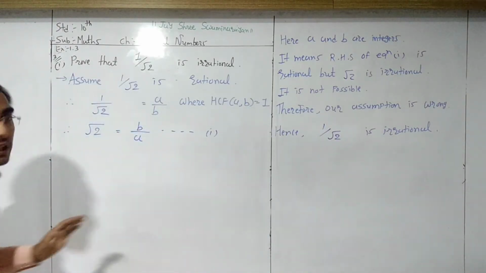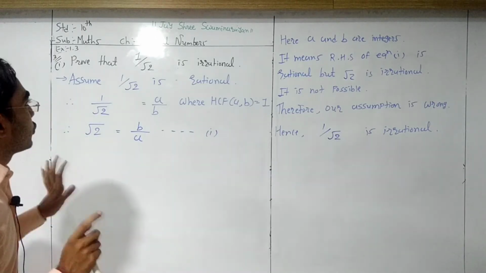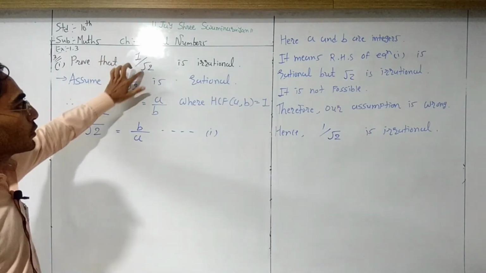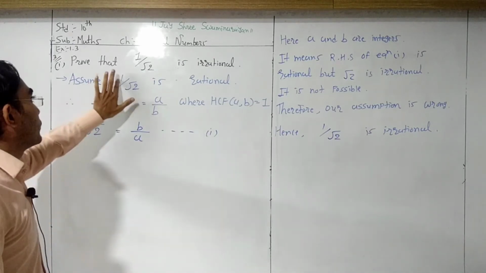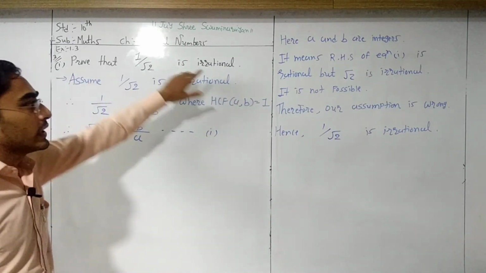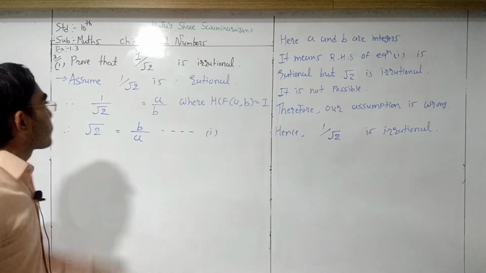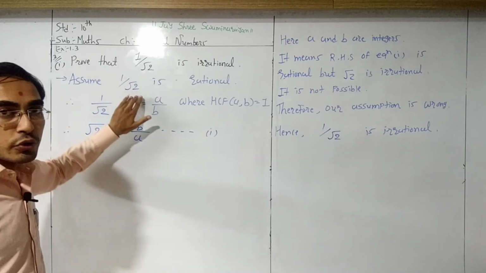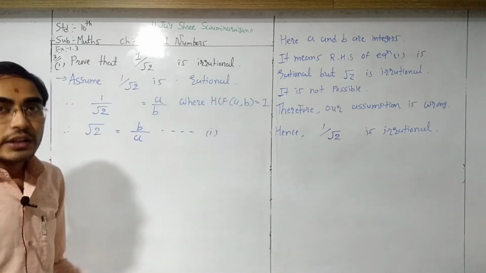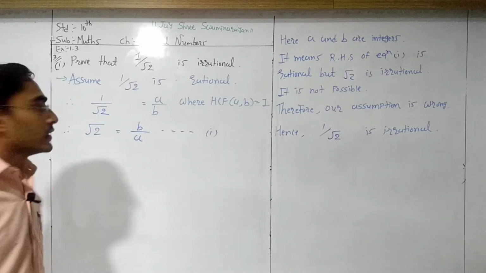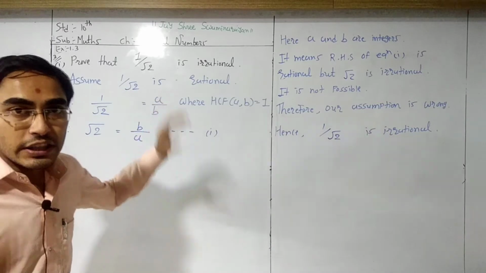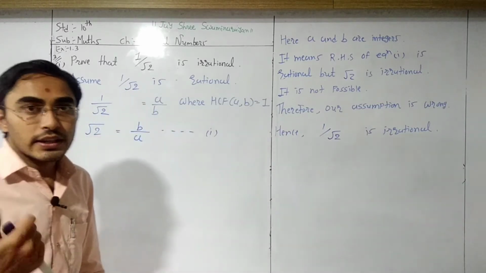Okay, again we use the contradiction method. So here we need to prove 1 upon under root 2 is irrational. So we assume the opposite thing. Assume 1 upon under root 2 is rational. Now again, if this is a rational number, then we can represent it in the form of a by b,